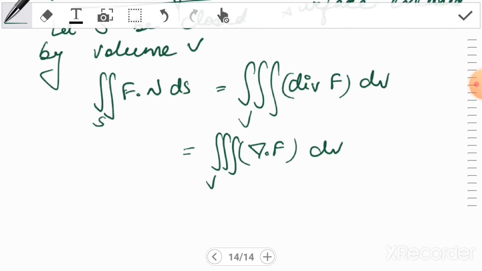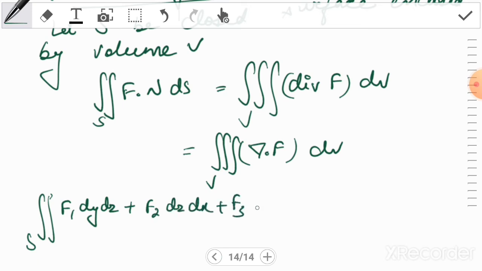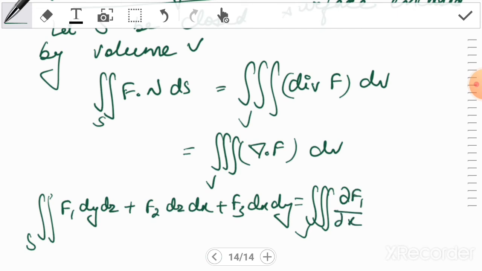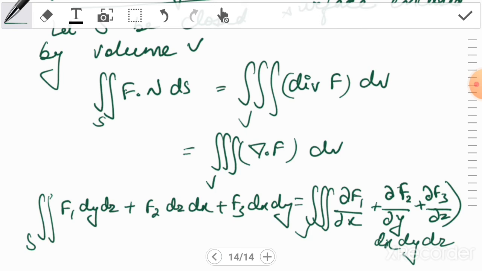So the Cartesian form of the divergence theorem is: the integral of f1 dy dz plus f2 dz dx plus f3 dx dy is equal to the triple integral of del f1 by del x plus del f2 by del y plus del f3 by del z into dx dy dz. Okay,